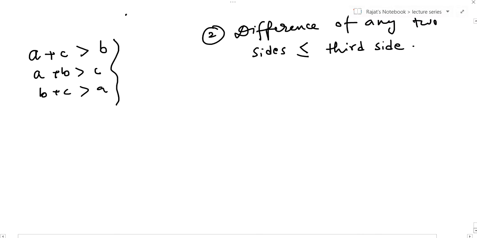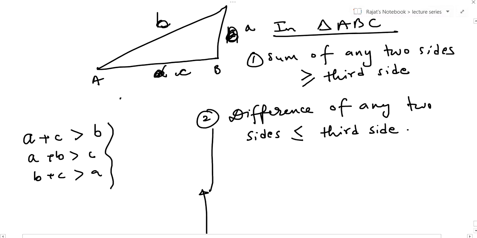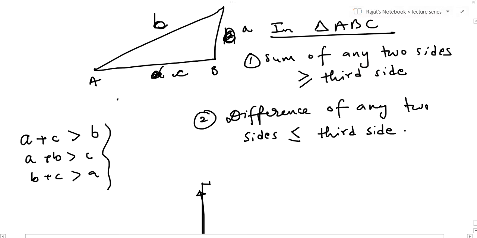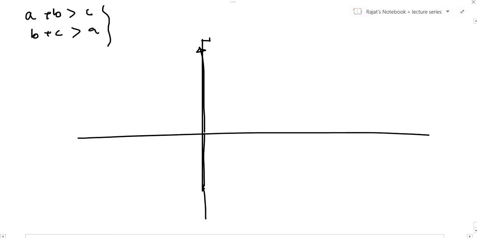Okay, now the above triangle inequality that I've defined for complex number is essentially the same thing. How? Let's see. So let me draw the Argand plane, x and y, and let me draw the two complex numbers z1 and z2. So this is the first complex number z1, and let us say this is the other complex number z2.